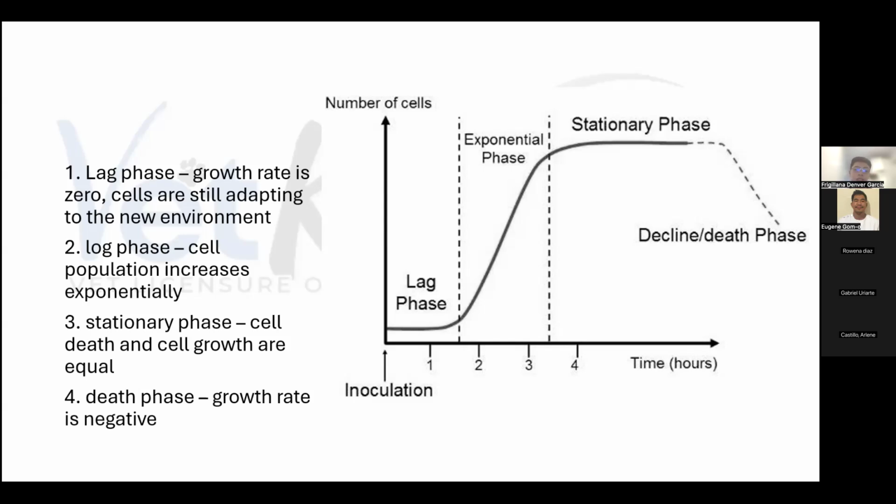Then we have death phase. Growth rate is negative. Hindi na nakakapag-reproduce. So, what happens here is that nagkakaroon na ng accumulation of waste products. Then nauubusan na sila ng nutrients doon sa environment kaya hindi na sila nakakapagparami. Ayan. Continuous cell lines pwede namang gawin for our bacterial species as long as mag-supplement ka ng nutrients required by the microorganism and mag-alis ka ng waste products. So you can prolong their stationary phase as long as those two requirements are met.